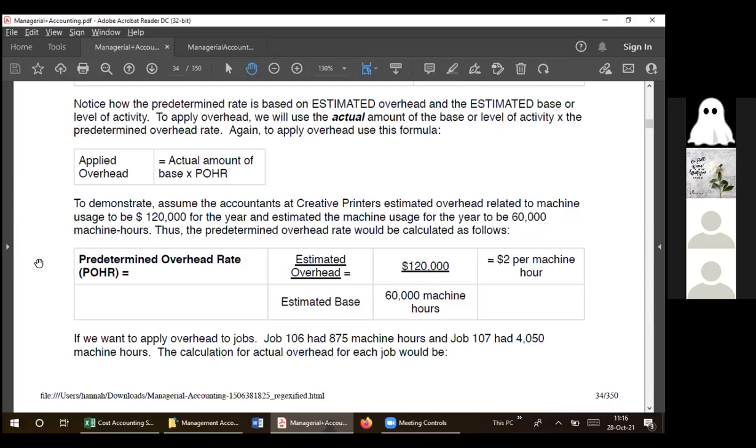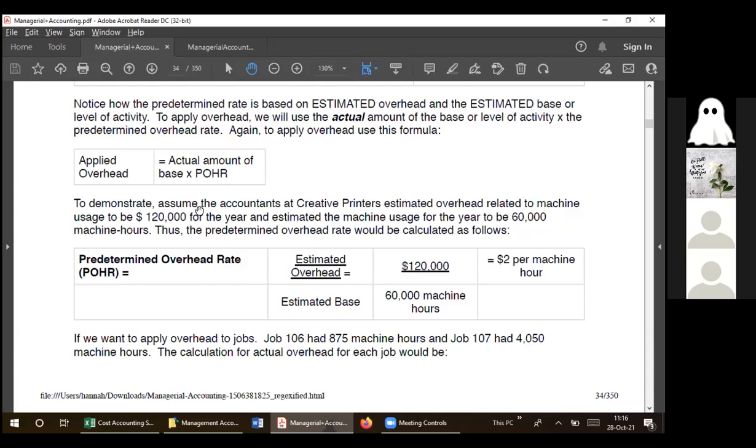Now, how does a machine work for 60,000 hours? They don't have one machine. The company would have multiple machines. So adding up all their hours, the machinery are working for 60,000 hours in a year. So that means that per hour, that machine is consuming $2. Or as shown here, the predetermined rate would be